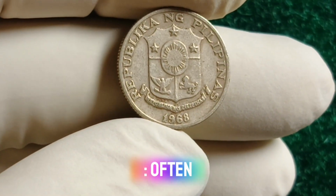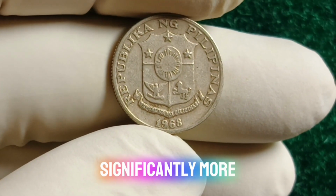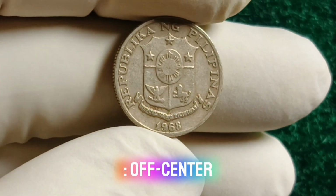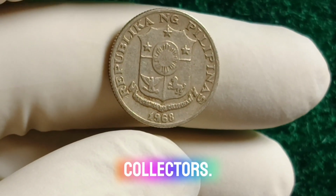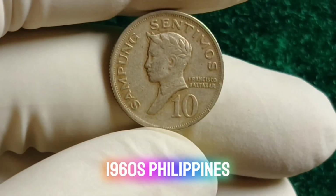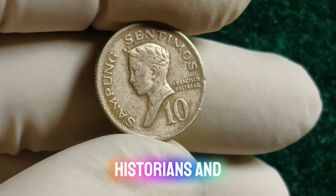Circulated coins, often found with scratches and wear, are valued at only a few pesos. Uncirculated coins can be worth significantly more to collectors, especially if well preserved. Error coins, such as off-center strikes, misaligned dies, or double-struck coins, can command high premiums among error coin collectors. The coin is a tiny time capsule of the late 1960s Philippines, a period of optimism mixed with growing political unrest. It represents, for historians and collectors,